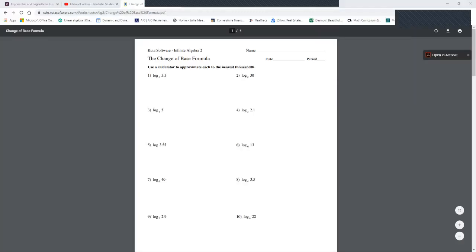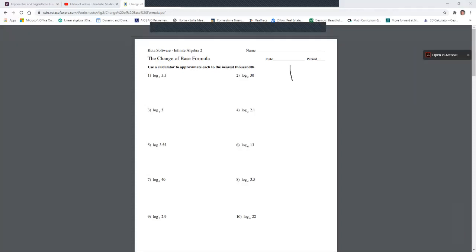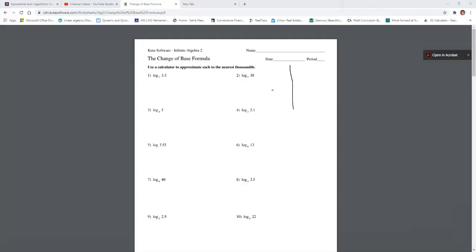So one of the things that we want you to be able to do for the EOC or for higher math when you go to college, we want you to understand that the exponential function typically looks like this. Its domain is all real numbers, and its range is the set of all positive numbers. Now, of course, you can move the graph up or down, left or right, but this would be the parent